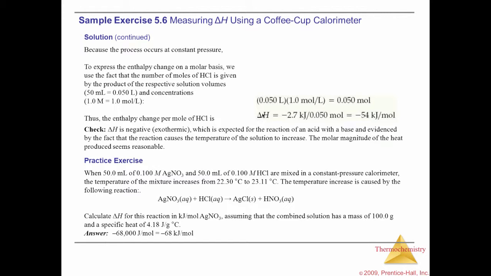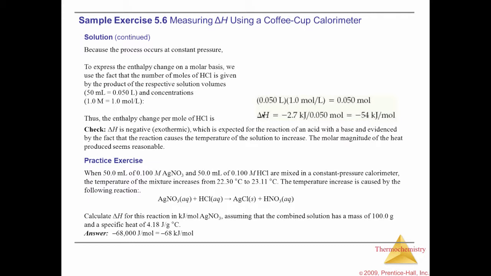Our mass was 100 grams of solution, and our temperature change 6.5 Kelvin. Because the process occurs at constant pressure, to express the enthalpy change on a molar basis, we use the fact that the number of moles of HCl is given by the product of the volume and concentration of the solution. So 0.05 liters times 1 mole per liter equals 0.05 moles. Thus, the enthalpy change per mole of HCl is delta H equals negative 2.7 kilojoules per 0.05 moles, or negative